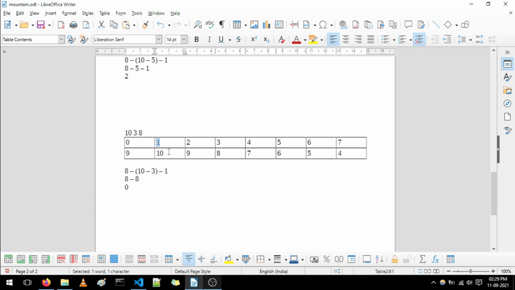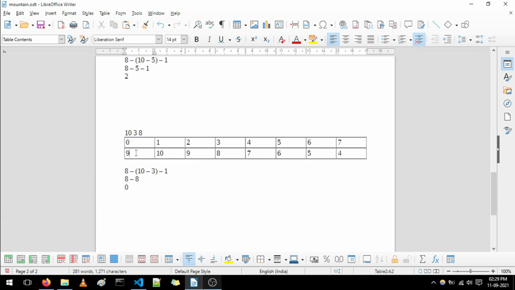the least possible index to get the output is always 1. We cannot get 0 as the least possible value for the resultant array. Why? Because if we start from 10 here, the other values will be 9, 8, 7, 6, 5, 4, 3, which will be only a decrementing array.